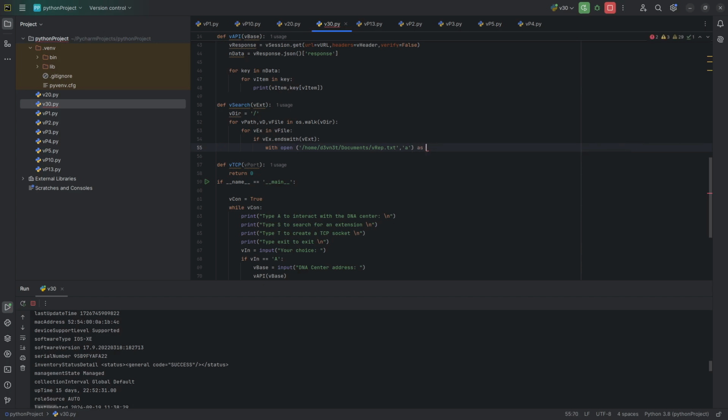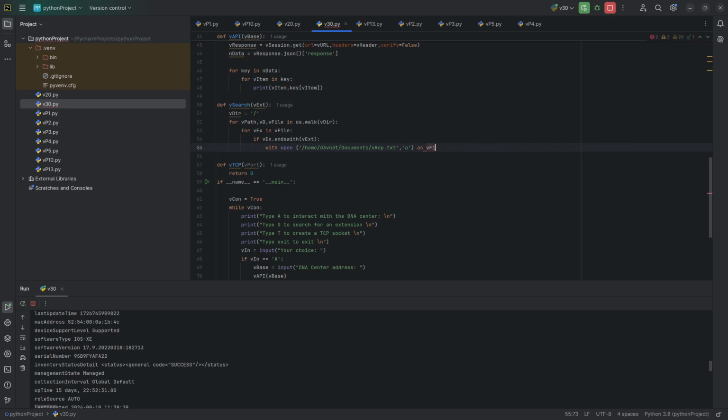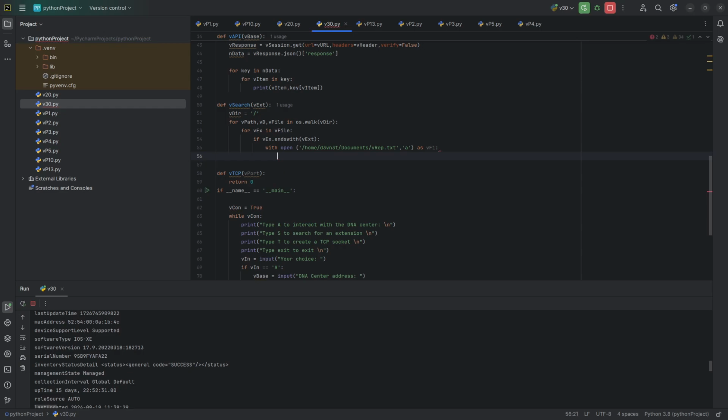And then I'll call this, this is the handle of the file or the object where we can interact with that file. Let's call this v_f1,